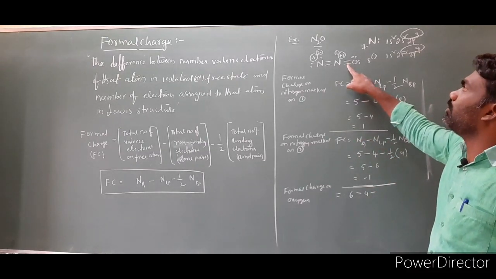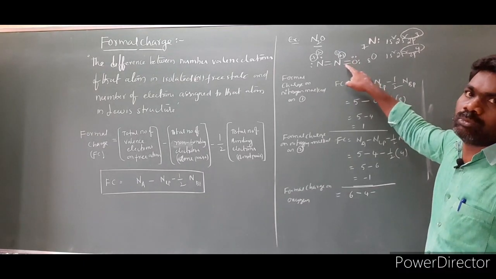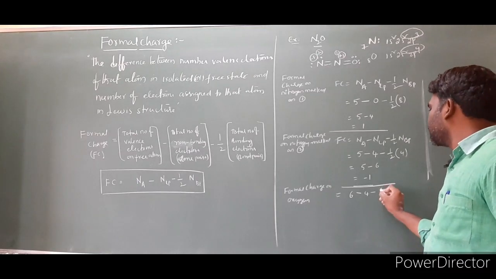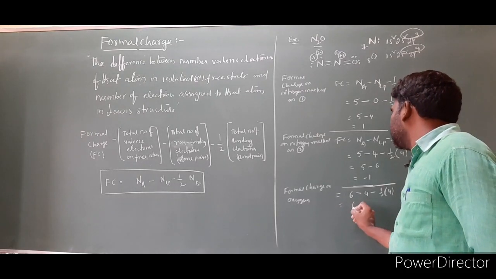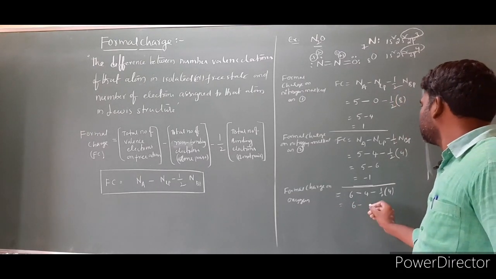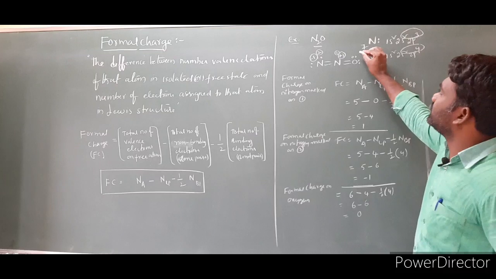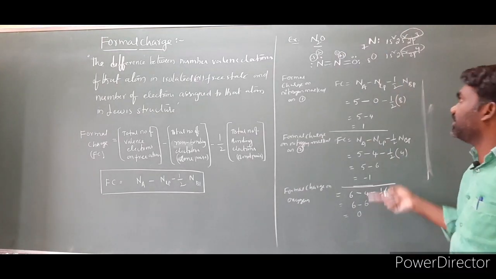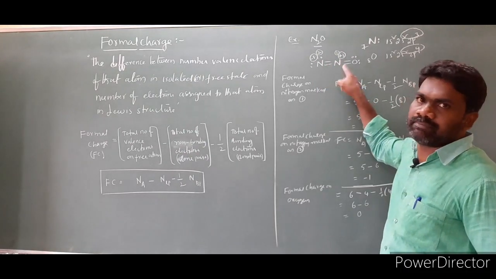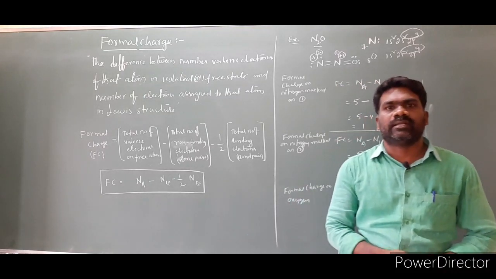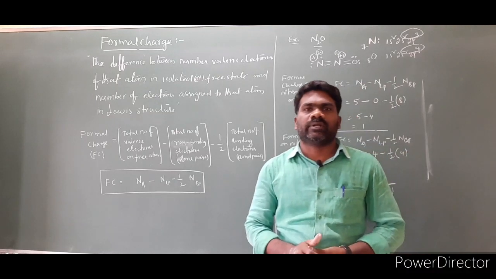How many bond pairs are there? 1, 2, 2 bond pairs, so the total number of electrons is 4. So 1 by 2 into 4. That is equal to 6 minus 6, which is equal to 0. The formal charge on oxygen is 0. The formal charge on the terminal nitrogen is minus 1, and the formal charge on the central nitrogen is plus 1. So this is the method to calculate the formal charge on an atom in a molecule. Next class we will continue with another